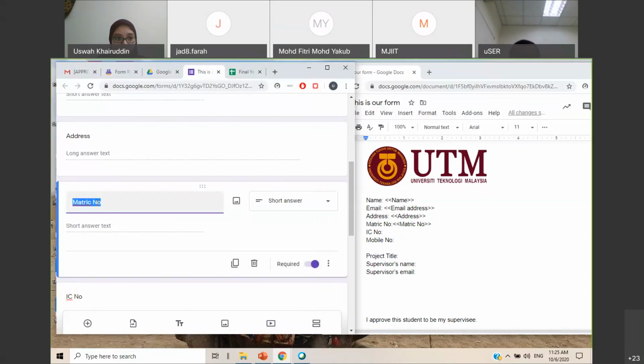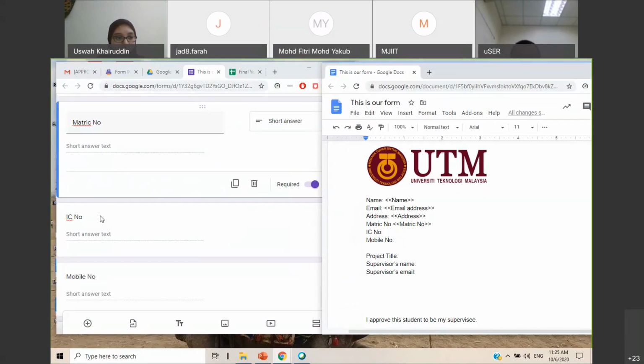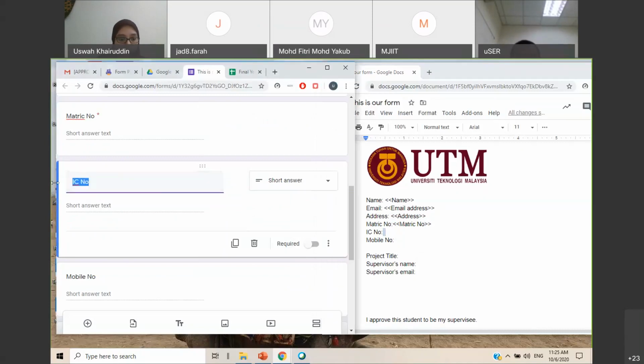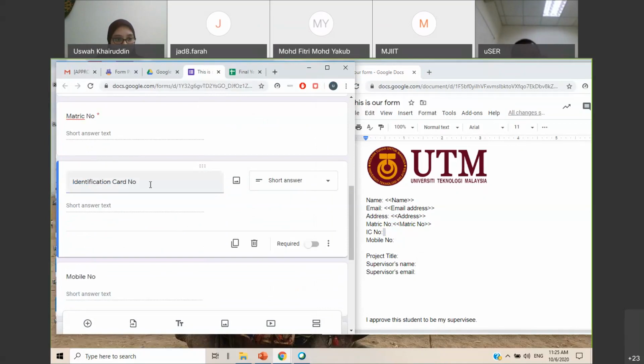So if you add one dot here, metric number dot, then you have to add one dot over here as well, right? Then IC number. Okay, let's change the question to identification card number. So you have to copy all of this to here,